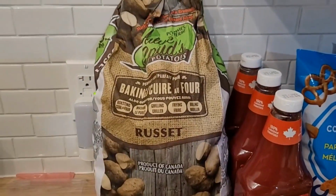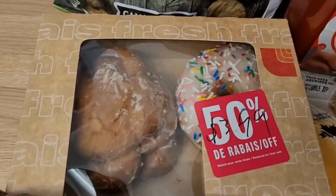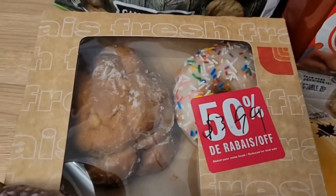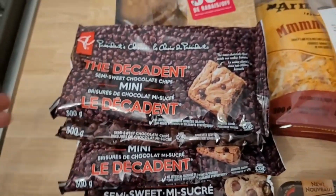I got potatoes for $3.99. I got 2 little donuts. I'm very excited about these. The sprinkle one is for me and the apple fritter is for the handsome one. So they were $3.99, 50% off. And they had